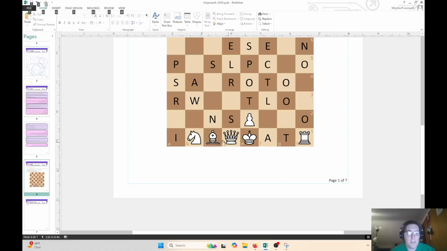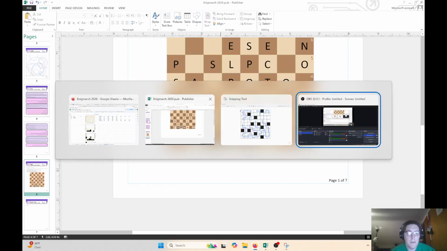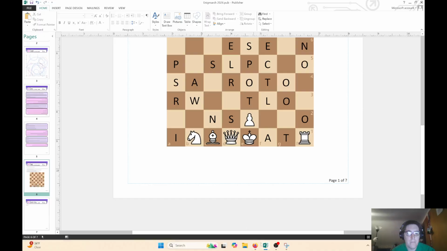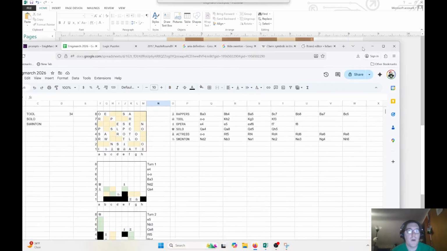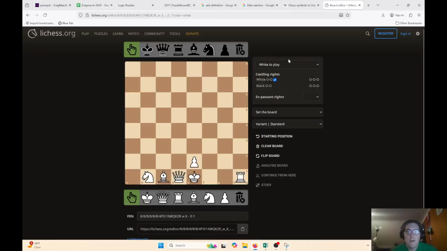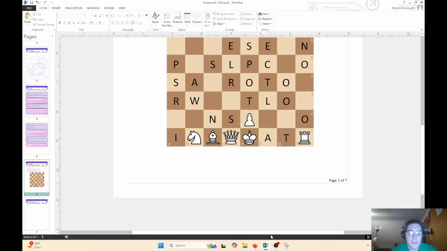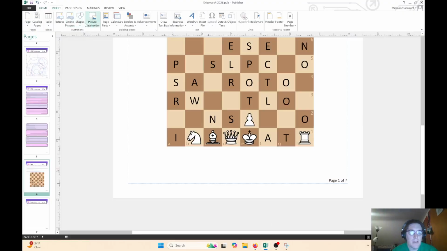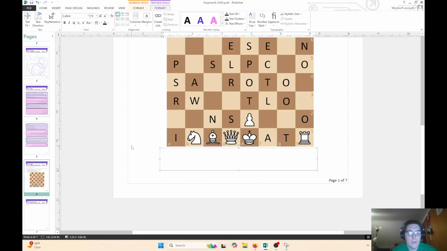I need the chess pieces. Oh, I'm looking for my web browser. It's because I put it on the other screen. How do I want to go about doing this? I probably am just going to set up a text box. So the only thing I need to do now is relate the pieces to which crossword clue they're in and their lengths. So